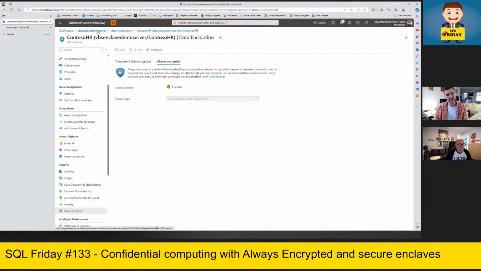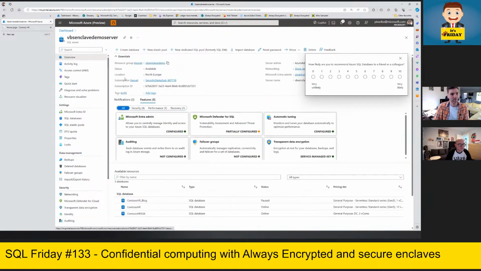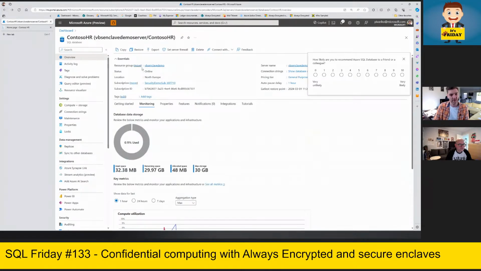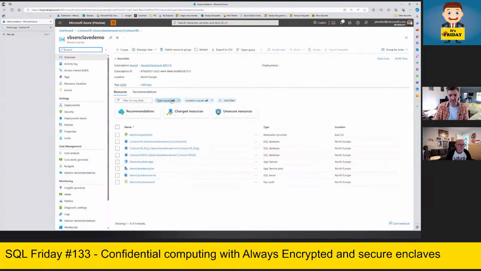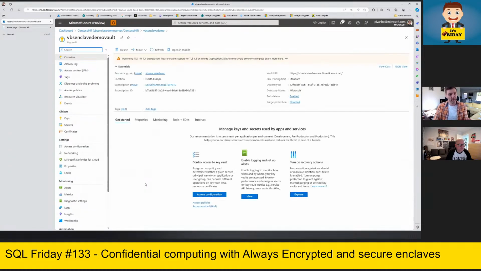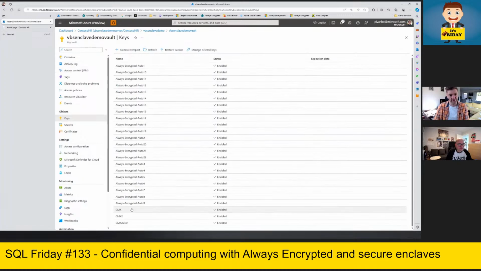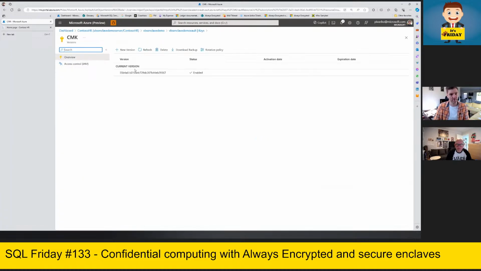So that's the database. What else do I need for this demo is an Azure Key Vault. So I'm going to use a key that is stored in my Azure Key Vault. Forget about the auto-generated. So this is the key that I'm going to use, the column master key, right?